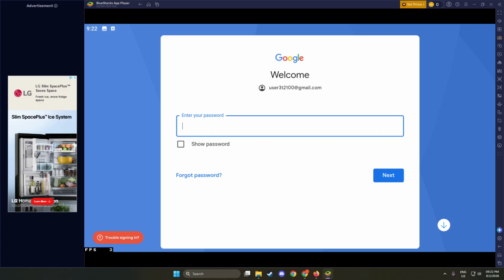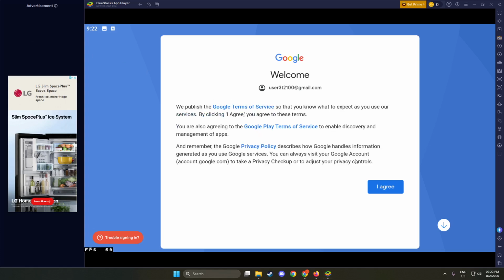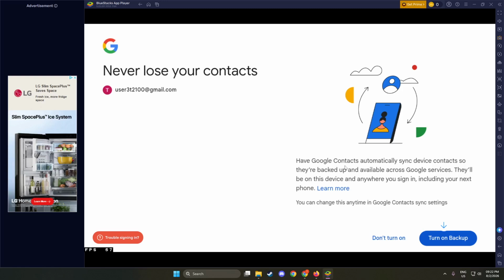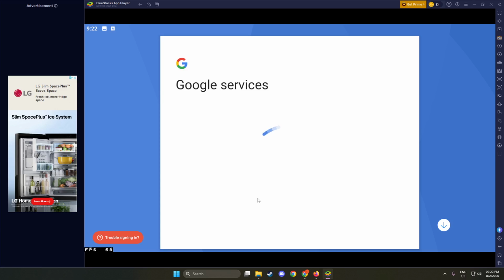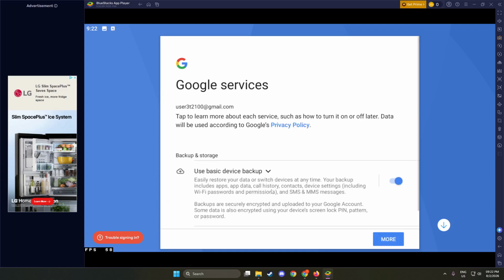Add a new Google account by going back to Accounts. Use the back arrow in the top left until you return to the Accounts Overview screen, where you again see the list of account types such as Google. Now click Add Account. A new window appears listing account types you can add. This tells Android that you want to attach another account profile to this BlueStacks setup.